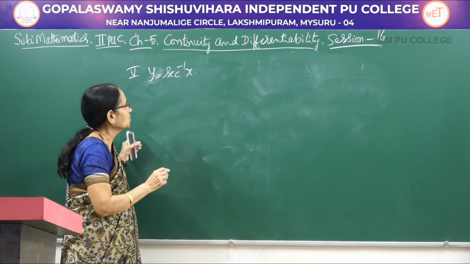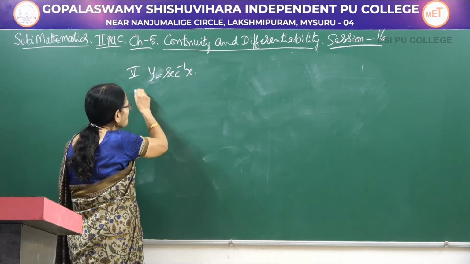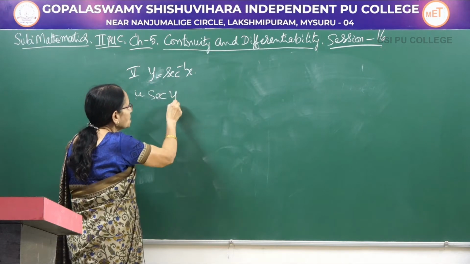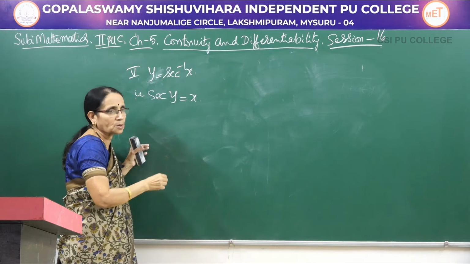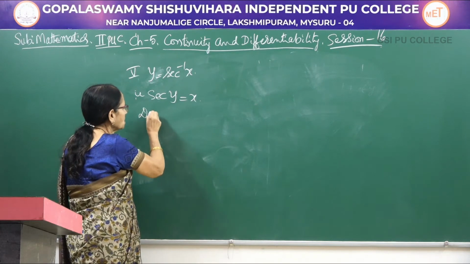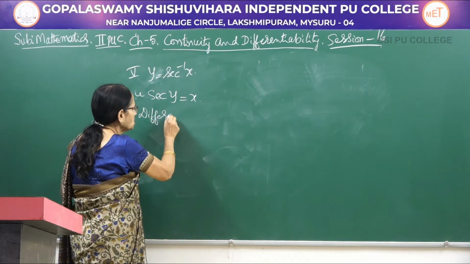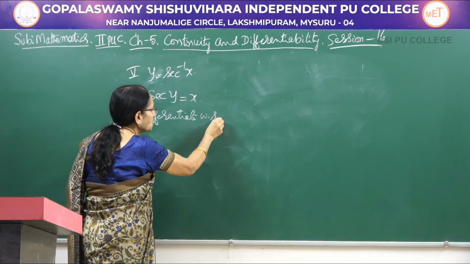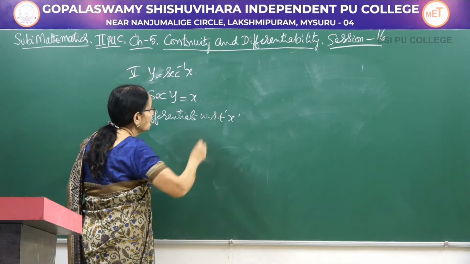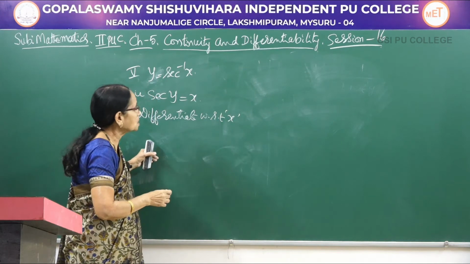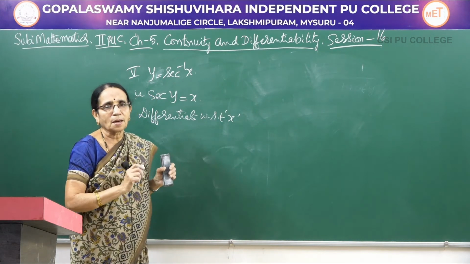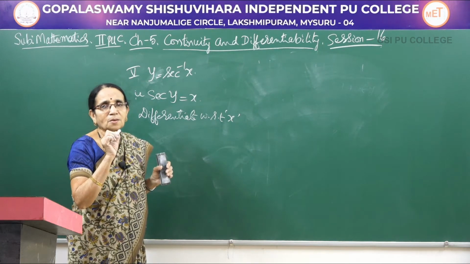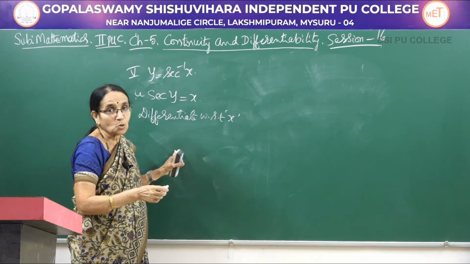Here you have to be a little bit careful. Now first let me write the value secant y is equal to x. These steps are the same for all the derivations. So differentiate with respect to x. Now remember, what's the derivative of secant x? It was secant x into tan x, that is why I am taking them together.